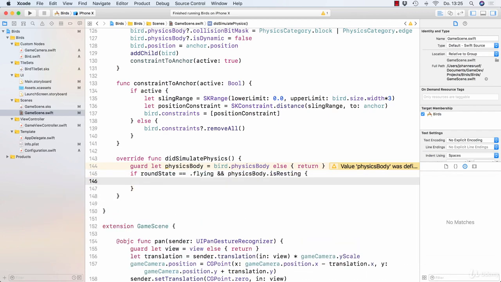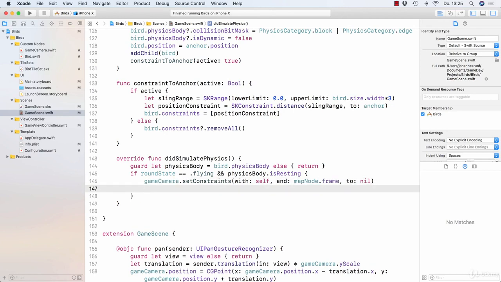This is exactly when we want to move our camera back. But we can't just set our game state to finished. We have to take care of something else first. We do now want to remove the constraint that fixes our game camera on the bird, which we can easily do by just calling GameCamera.setConstraints. And this time, just passing self and mapNode.frame. For the node, we will say nil, which will set the constraints array of the camera to just the level